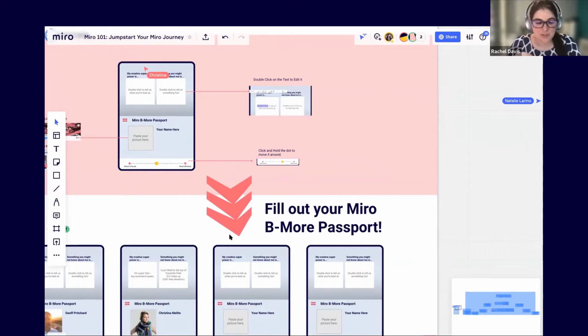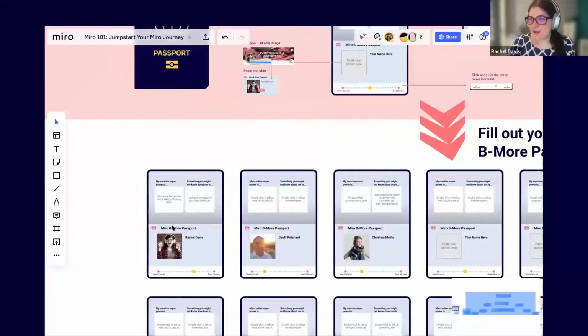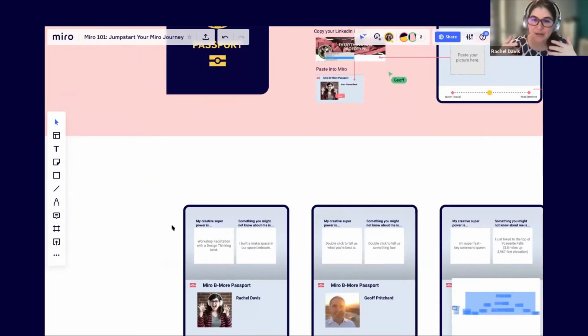Most of you know me, but I will introduce myself anyway. So I filled out my little passport here. I'm Rachel. I'm no longer in Baltimore, but I kind of feel like I'm always in Baltimore, if that makes sense. I'm in Texas right now, and I've been doing consulting work as a workshop facilitator and strategist. So when there was this opportunity to run the Baltimore user group for Miro, I was like, yep, me, I'll do it. And so that's me right now. Christy, why don't you go next?